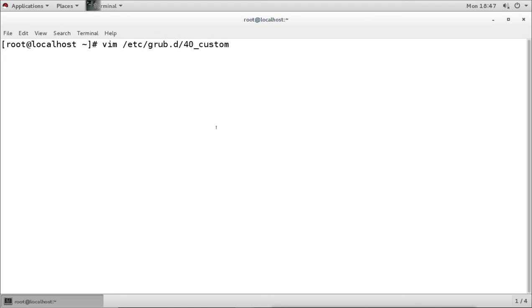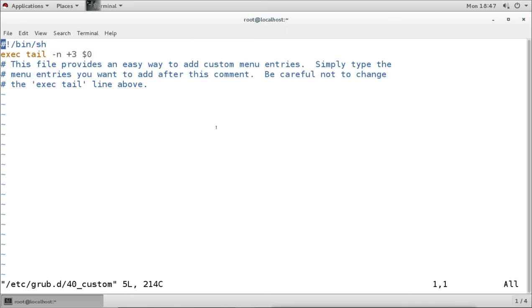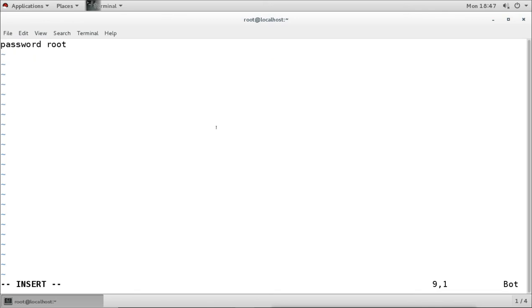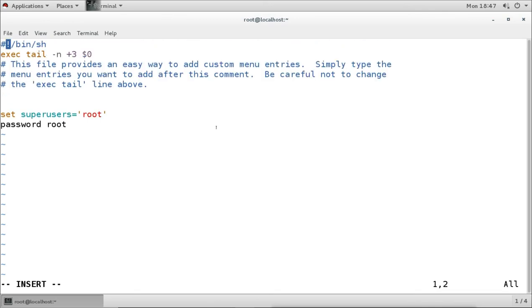So what I will add here is set superusers equal to, let's say, root, and then password for root is 1234. Now this will do what? It will set the password on grub, and this will be the username and this will be the password.